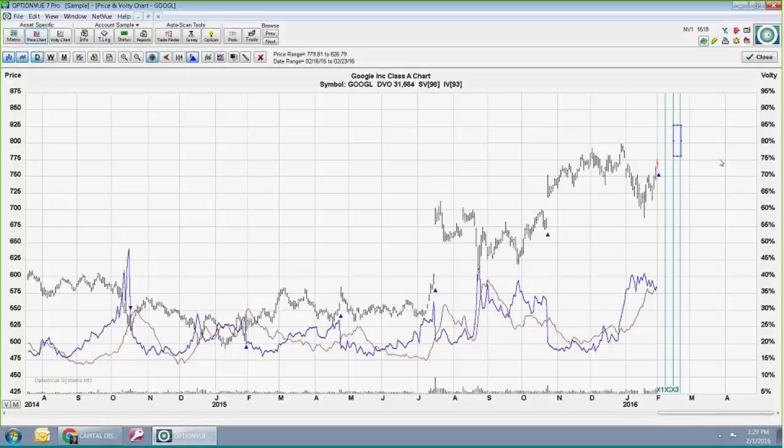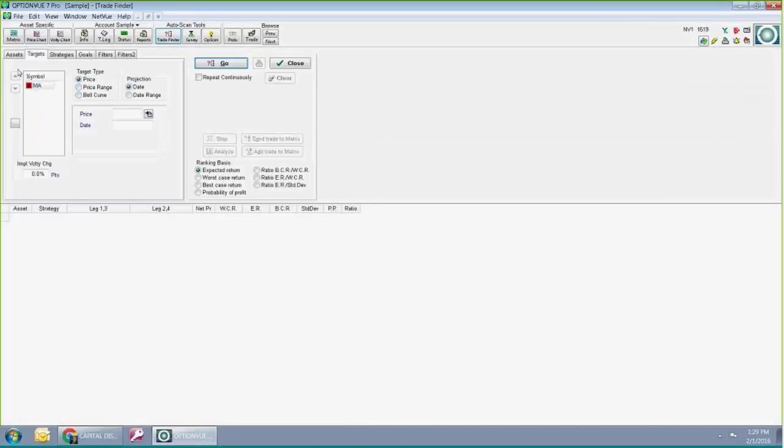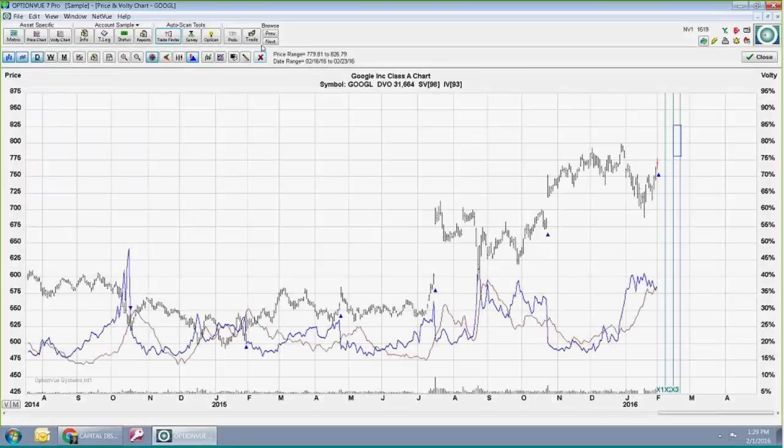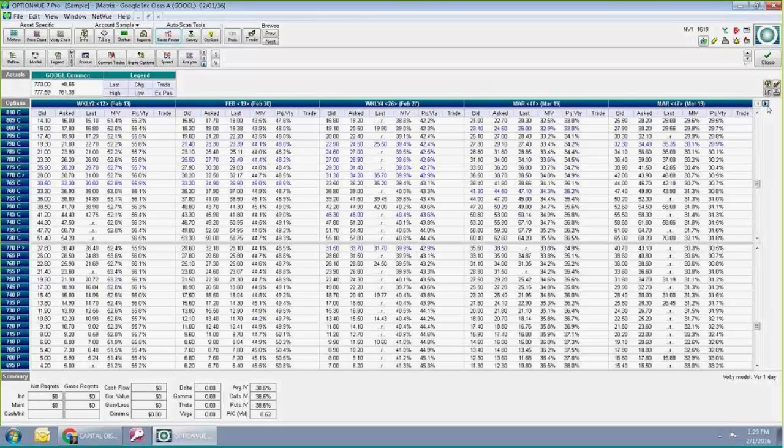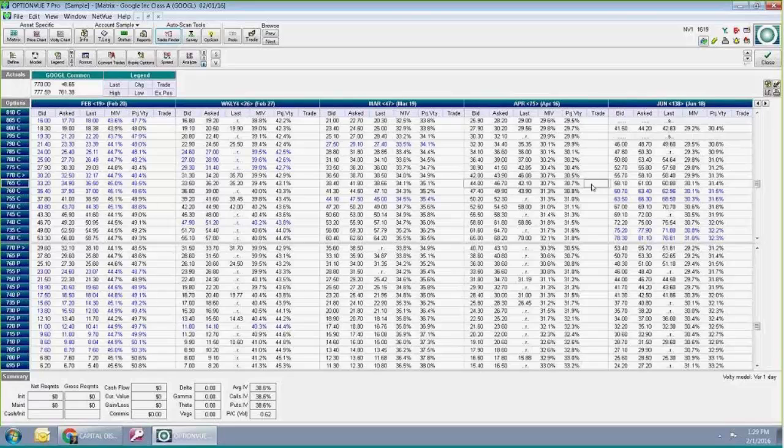You can drag it, and one thing you can use this for is in Trade Finder. When I put Google in Trade Finder, you'll see that it brings that target in automatically. Also, I have a position, but it's not far enough out, I don't believe, because it's going to expire before my target.